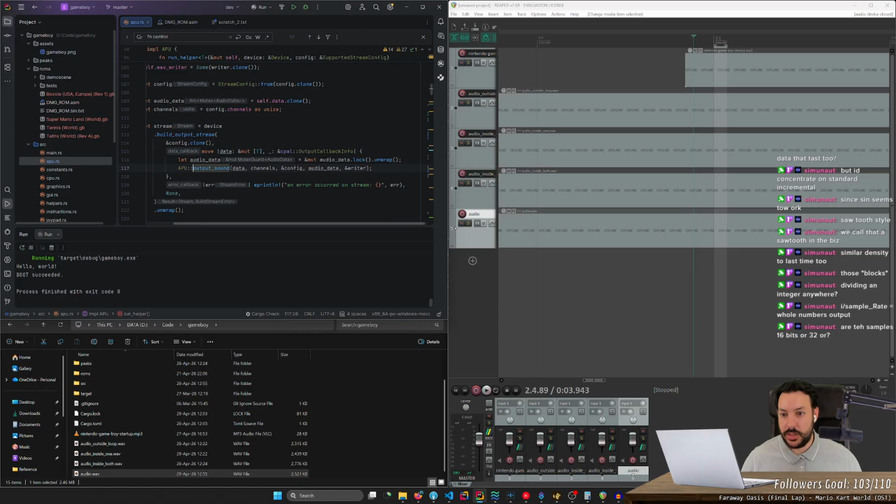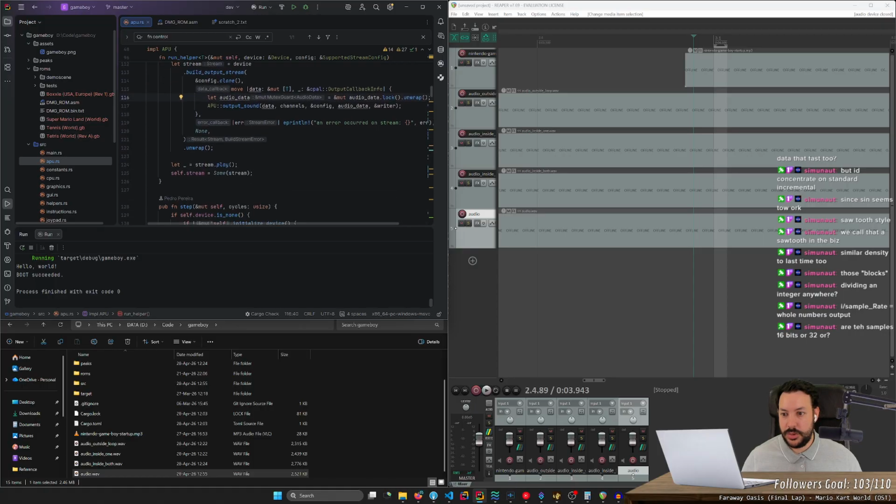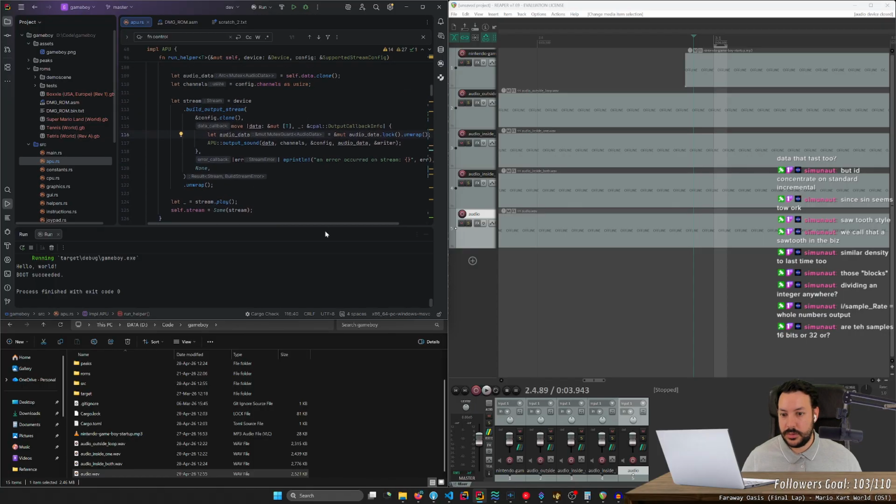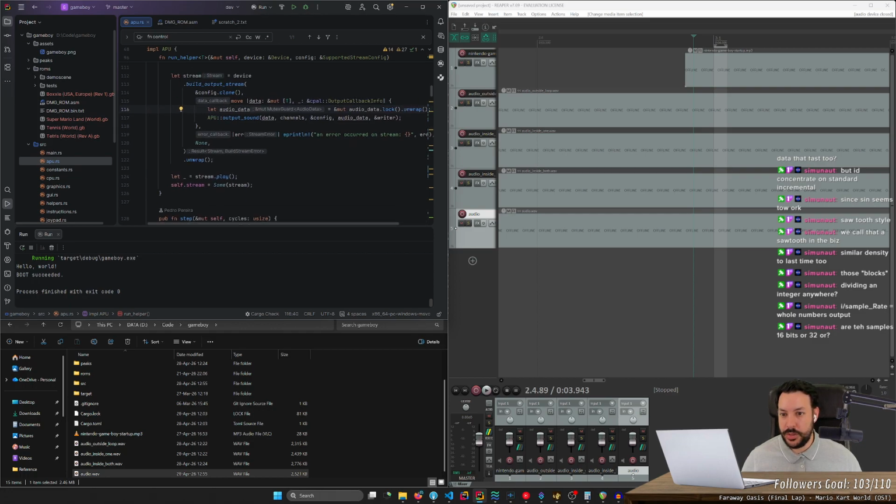Audio data lock. This is a mutex. This mutex just ensures that I don't use the same data, or that I wait between one and the other. So I don't know.